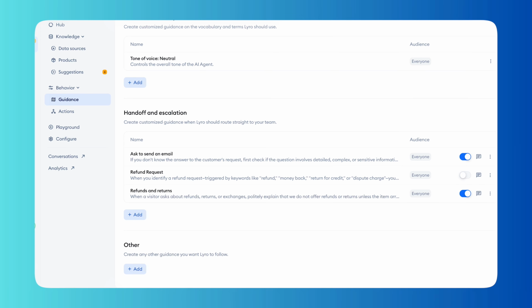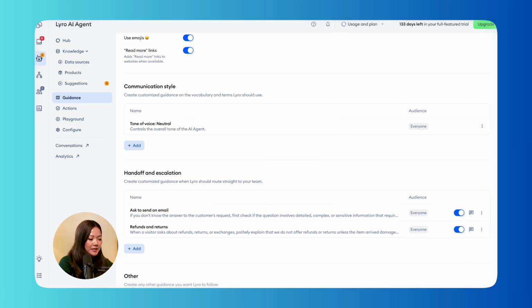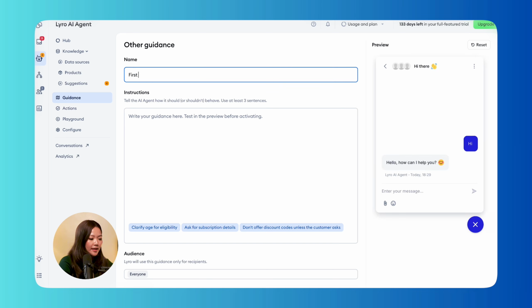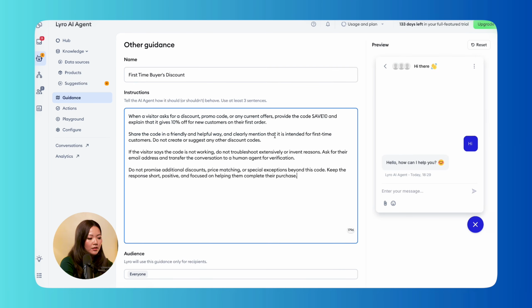Next, you have the other category. This is your catch-all for any specific rules that don't fit anywhere else, giving you total control over how Lyro handles those unique situations, like lead qualification or specific formatting rules. Let's set this one up together so you can see what this looks like. And let's name this one First Time Buyers Discount. And we could create a guidance saying, if a user asks about pricing, remind them that we have a 10%